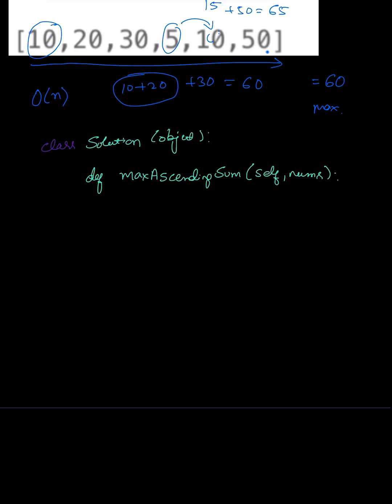One is used to keep track of the maximum value, that is 60 or 65. We can call that maximum, and at first we initialize it. Suppose if we have only one number, in that case we need to return that particular number, so the maximum will be that value. So let's initialize this with nums of 0,